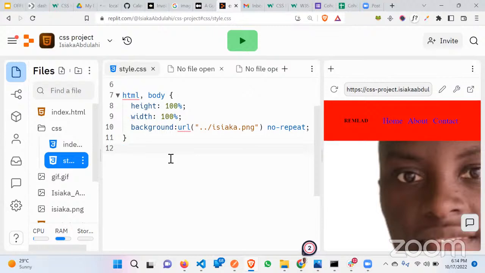I can never tell you that justified content only works in the horizontal direction. I will never tell you that, because it was a mistake I made for so long. There was a time I was really, really frustrated with CSS. I remember I had to stop learning JavaScript and concentrate on CSS again, because I was really frustrated. And if you are in my previous shoe,